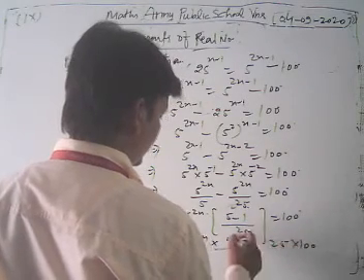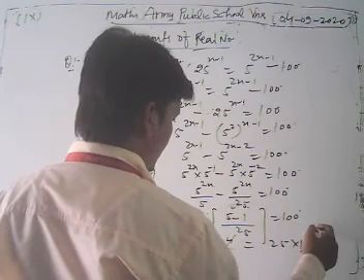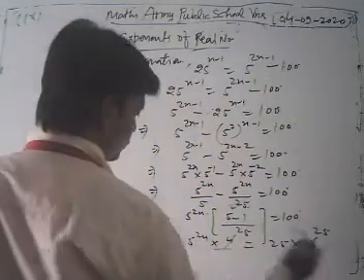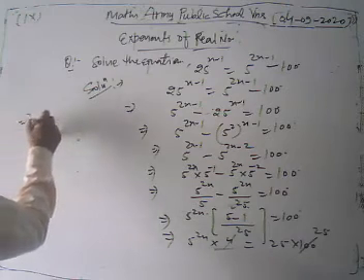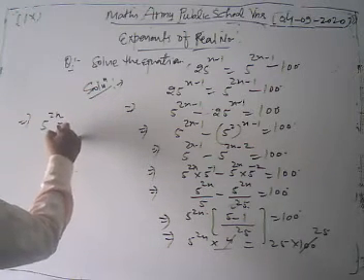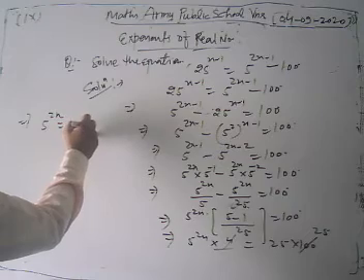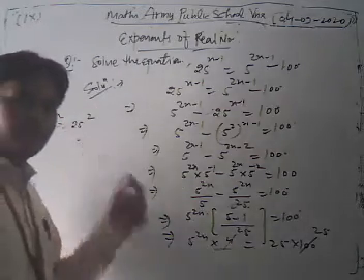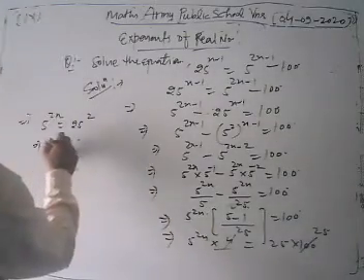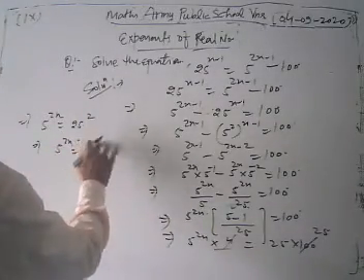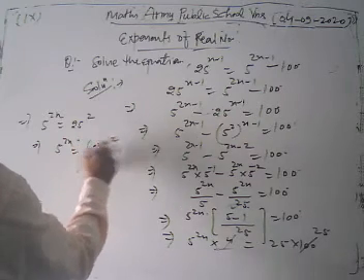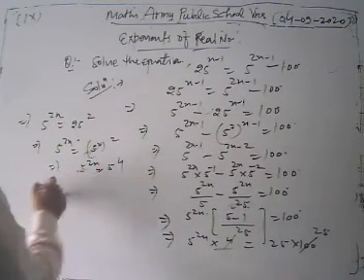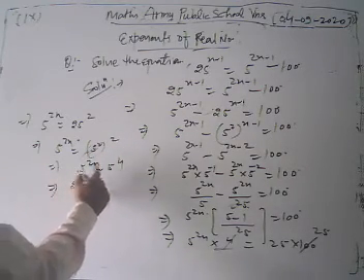is equal to 100. Now look, we have 5 minus 1, that is 4 upon 25, into 5 to the power 2x is equal to 100. Now 4 and 100: we divide 100 by 4, so we get 25. So in this way we have 5 to the power 2x is equal to 25 square. Now we can write 25 as 5 square, and square already, so 5 to the power 2x is equal to 5 to the power 4. Now on comparing both sides, we get 2x is equal to 4.